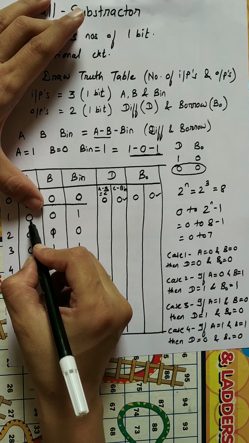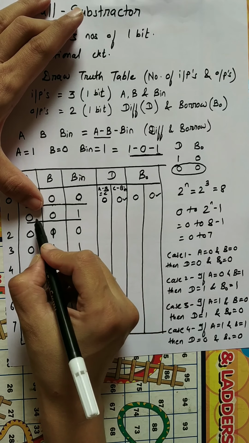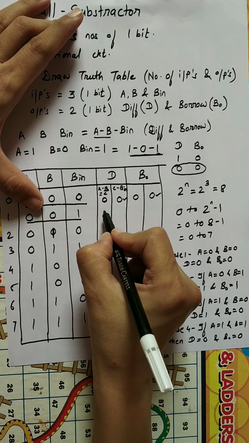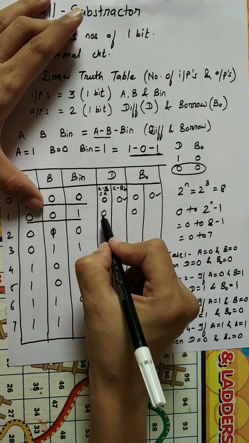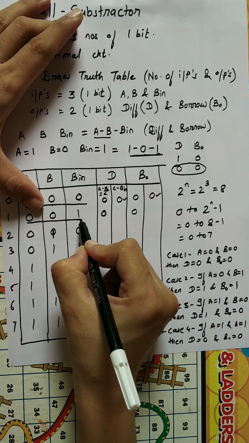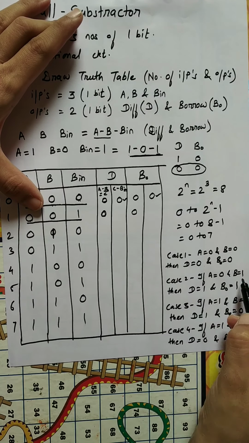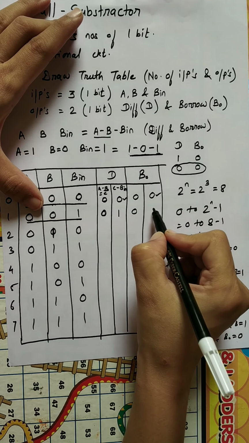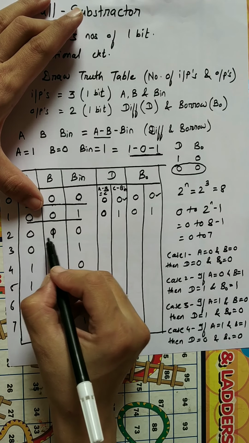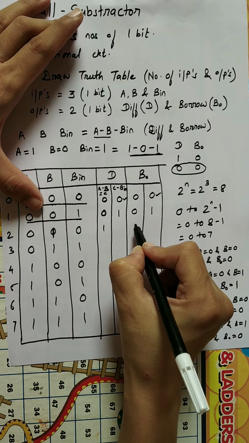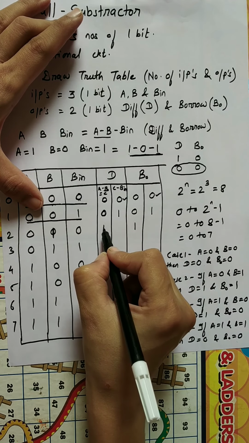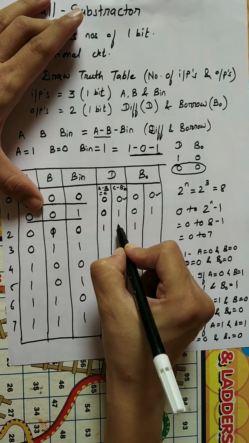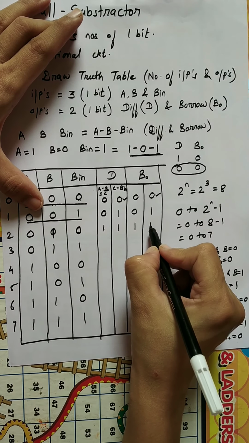So now next is what? I have to subtract these 3 numbers. So for that I have to perform subtraction of these 2 numbers first, a minus b, that is 0 minus 0 is here difference 0 and borrow 0, right? Now from this difference 0 I have to subtract b in, right? So 0 minus 1 means what? This is second case, right? So there I'll get difference as 1 and borrow as 1, right? Now from this difference 1 I have to subtract this 0, right? So 1 minus 0 is difference 1 and borrow will remain same, right?